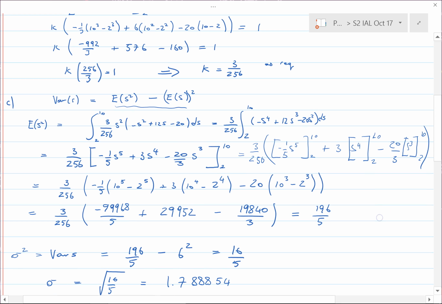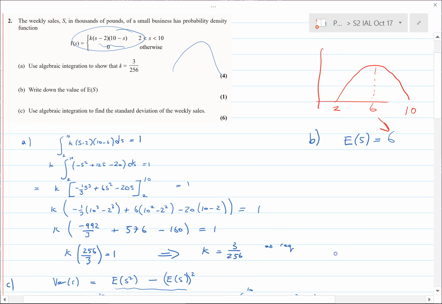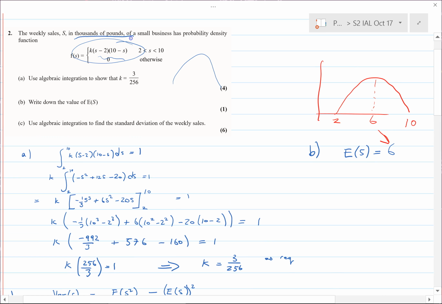However, then we put that into the standard deviation formula and get 16 over 5, because it's E of X squared take away the mean squared. It's asked for standard deviation, so we need the square root of that. And looking at the original question, because it talks about thousands of pounds, we really need to make sure that